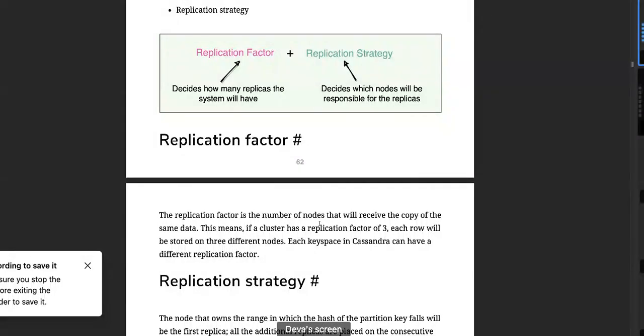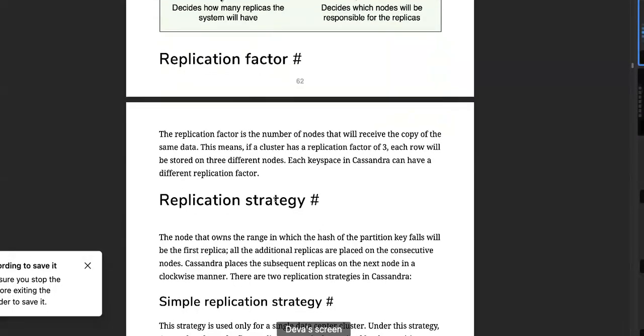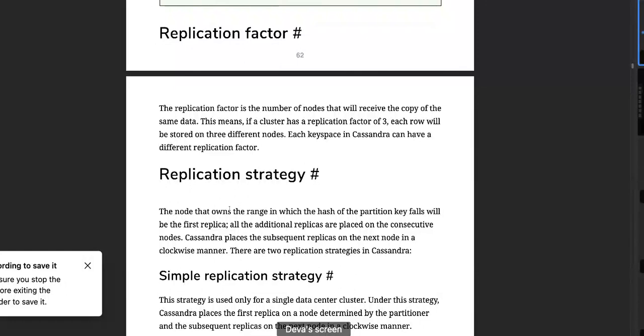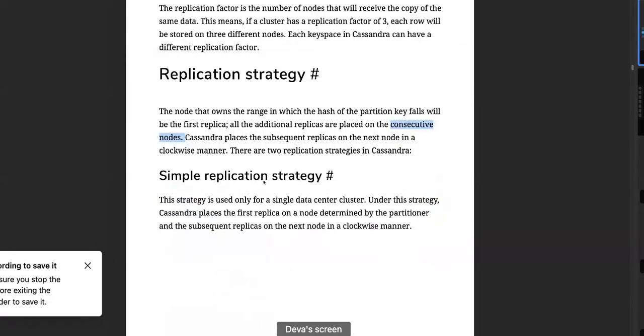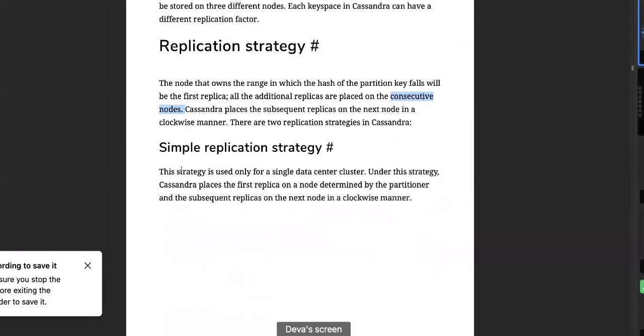Okay. So replication strategy: the node that owns the range in which the hash of the partition key falls will be the first replica. All the additional replicas are placed on the consecutive nodes. Cassandra places the subsequent replicas on the next node in a clockwise manner. There are two replication strategies in Cassandra. One is the simple replication strategy. This strategy is used only for a single data center